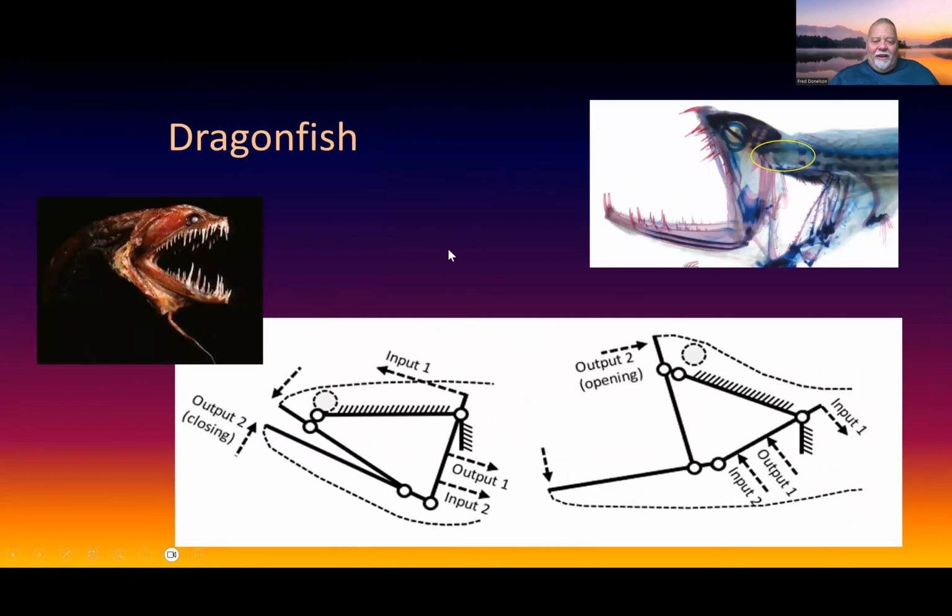Here's a dragonfish. Notice it's even more complex. It has the four bars, but why is this so unique? Well, this one can open up so much. Instead of opening up just a little ways, it can open up so fully that it can eat things that are much bigger than itself, or at least get them in its mouth and start to chew on them. Again, it's this four-bar design that is really complex and allows the dragonfish this unique way of eating.